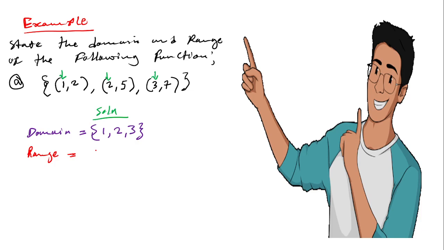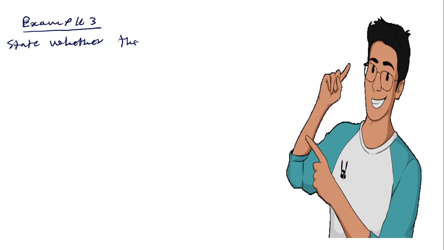So: state whether the following relations are functions or not. So the first one will be, let's say you have